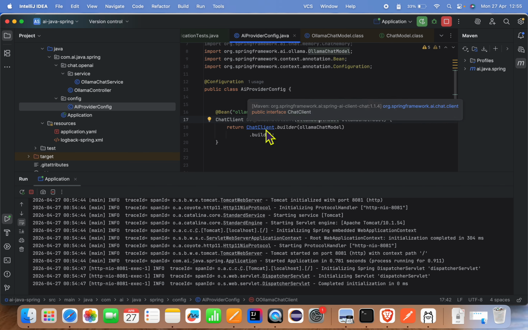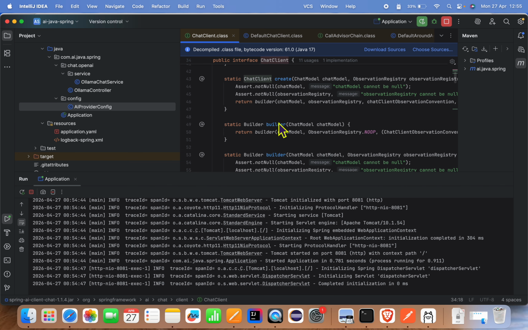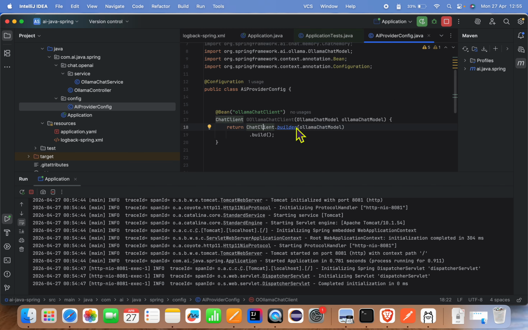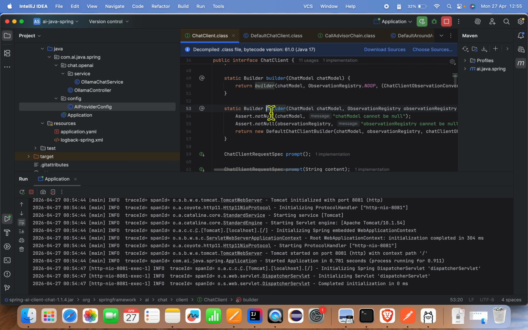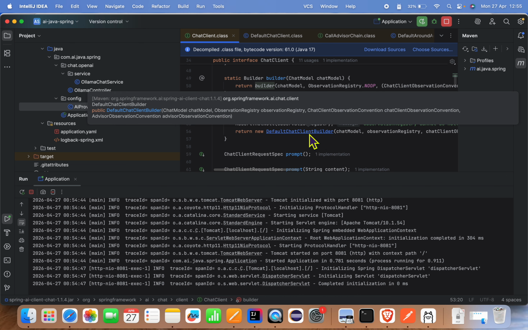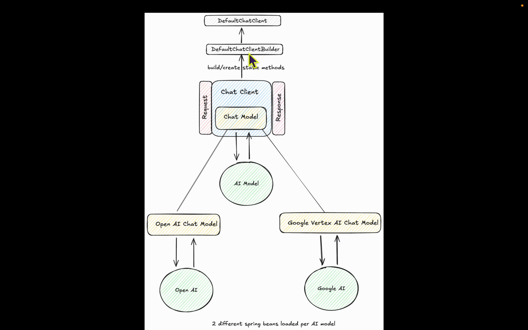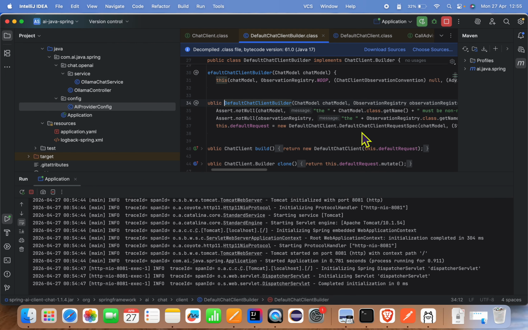And let's go inside chat client. Chat client can have create builder. Inside the builder, that is what we are passing here: the chat model. If we go inside the builder, here again we are passing the chat model, and it is using the default chat client builder. That is what we have shown in this diagram, the default chat client builder, right? And then we